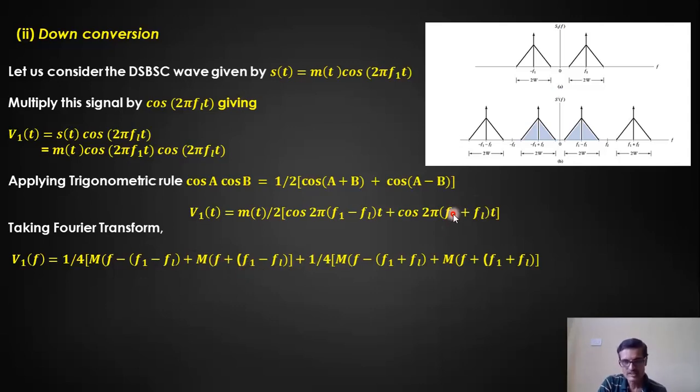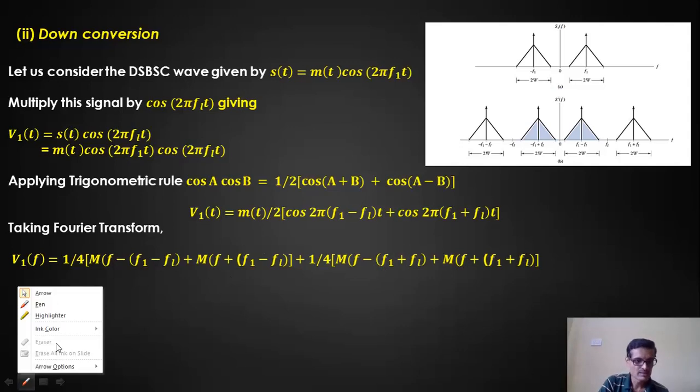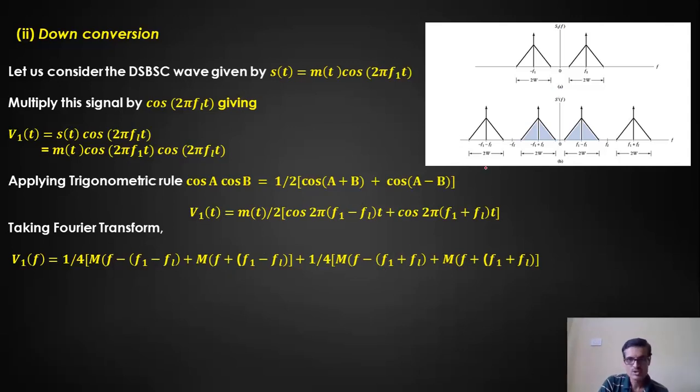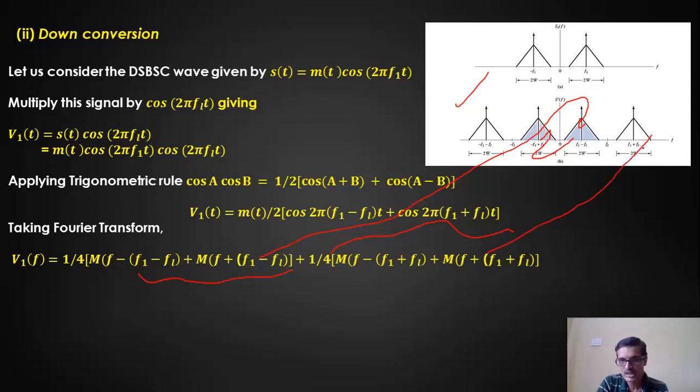This part here, the frequency spectrum of m(f) is shifted by this much frequency. So that's what I have written over here. If I represent this graphically, what I'll get is the same representation I have shown here. This particular term is this, as well as the mirror image, and this particular term where the frequency is given by f1 plus fL is the upward translation, you can say, this representation.